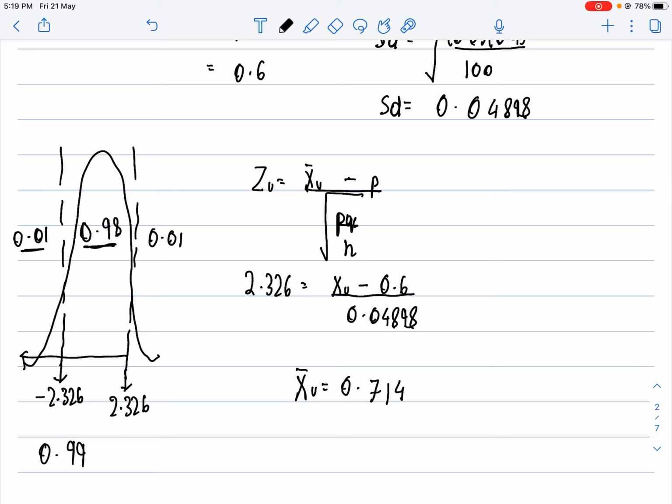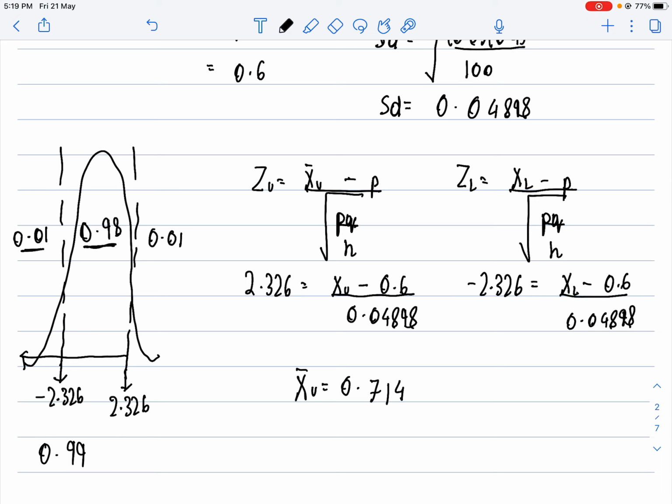0.714. Now for the lower Z value, my formula is x lower minus P over the root of PQ over N, which can be written as minus 2.326 equals x lower minus, I know P is 0.6, over 0.04898. So I can write this as minus 2.326 into 0.04898, and I add 0.6 to this. So the value I get is simply